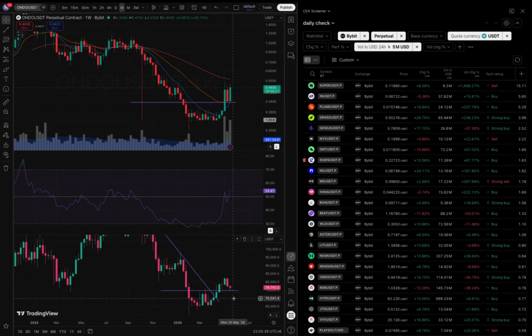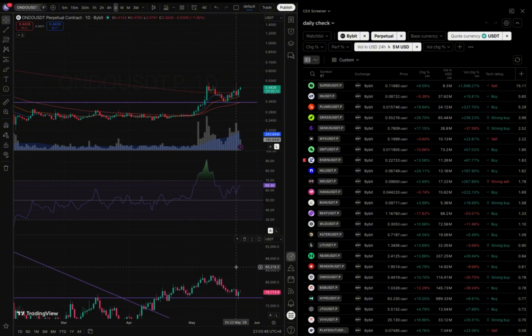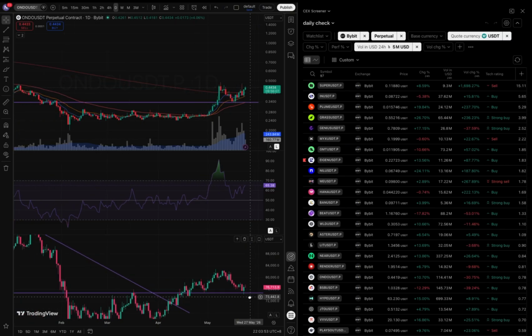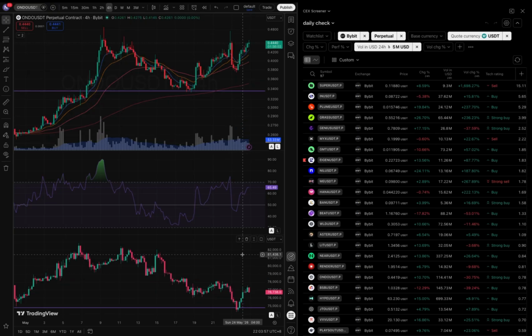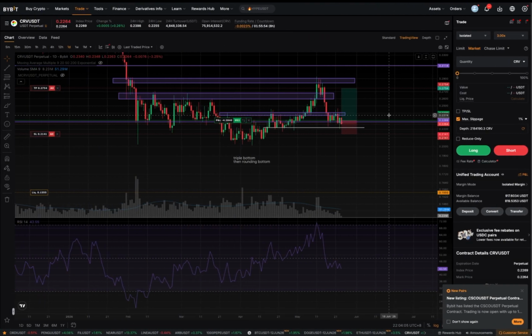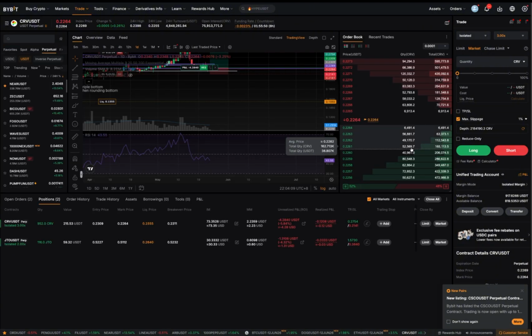Okay, and there's a bullish hammer. Not so bullish because it's red, but you get my point, right? There is a hammer, but now it's slowly forming a red candle. There, right? There's a rejection right there. When it goes down, my trades will get burned like usual. So I think I should close these suckers.